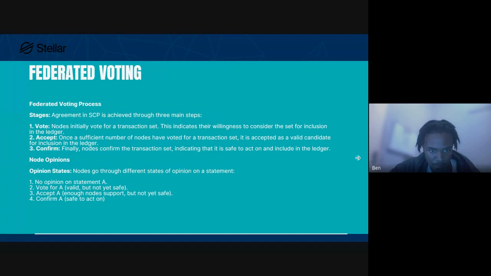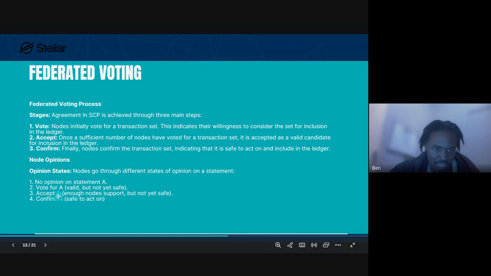The first state is that they have no opinion on statement A. Let's say a transaction has been sent to a node, and that node has picked up the transaction. In this moment, there's another node in its quorum set that has not yet picked up that transaction. Now let's say in the second step,